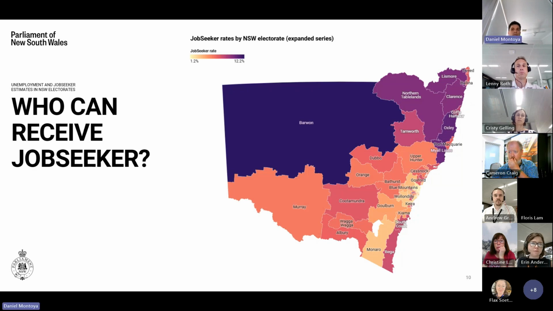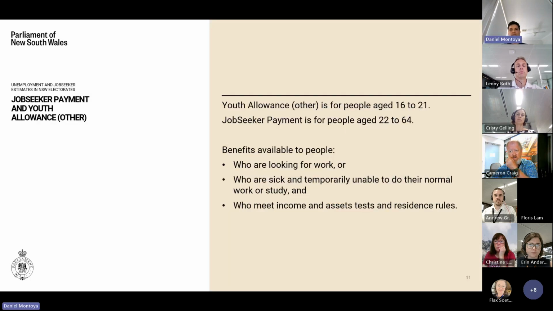There are two unemployment benefits available to unemployed people that we have collectively called JobSeeker for simplicity. These are the JobSeeker payment and youth allowance. Youth allowance is for people aged 16 to 21, and the JobSeeker payment is for people aged 22 to 64. Both of these payments are available to people who are looking for work, or who are sick or injured and temporarily unable to do their normal work or study. And recipients must also meet residence rules and income and